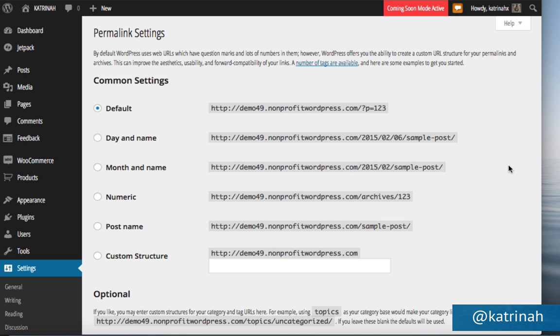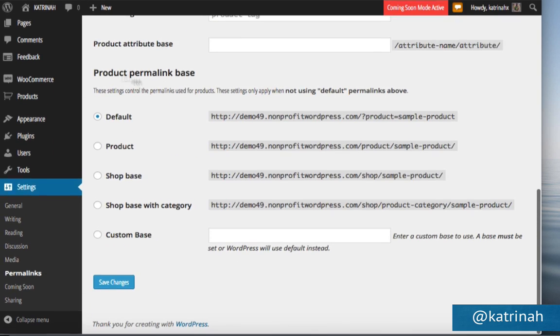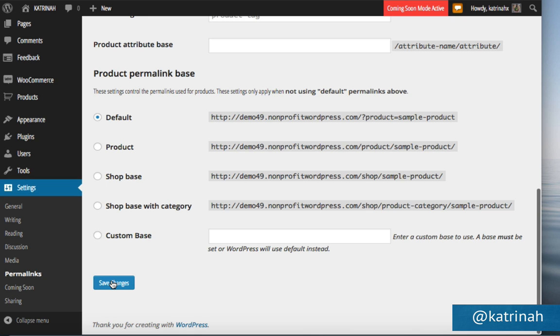And here on the permalink settings page, we see we have a number of permalink setting options. So the one that I like to choose is the post name. So I'm going to click on post name. This gives it a really simple descriptive name, which gives everyone who's reading it an idea of what the page is about, including the search engines. So I'll just click on post name, scroll to the bottom here, leave everything else as it is, and then I'm going to click on Save Changes to save my changes.